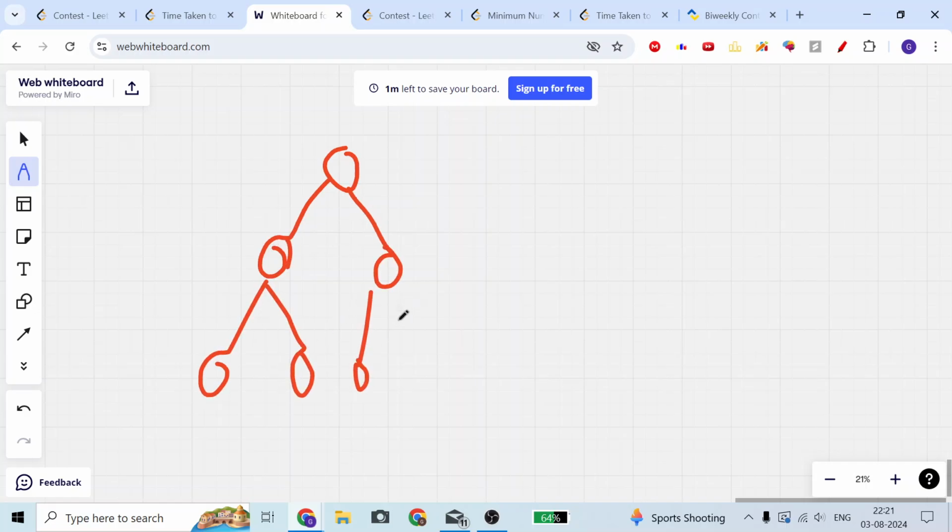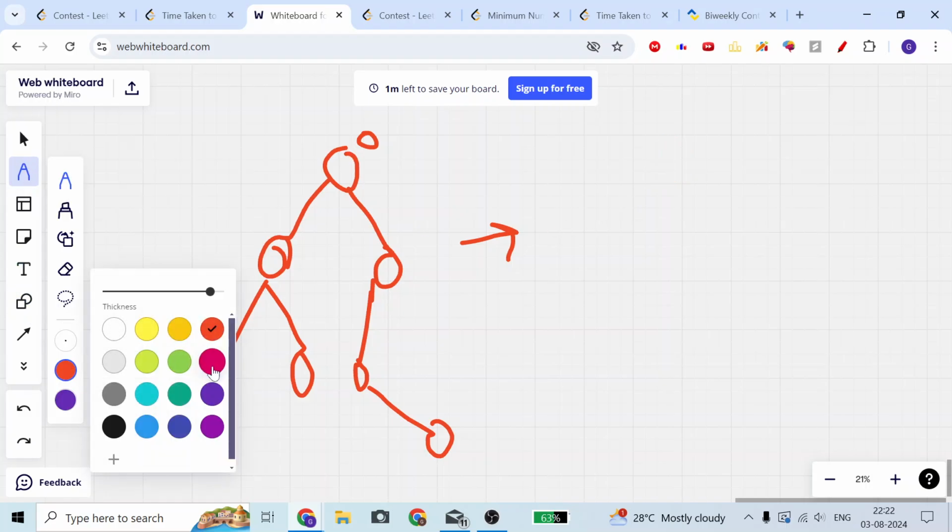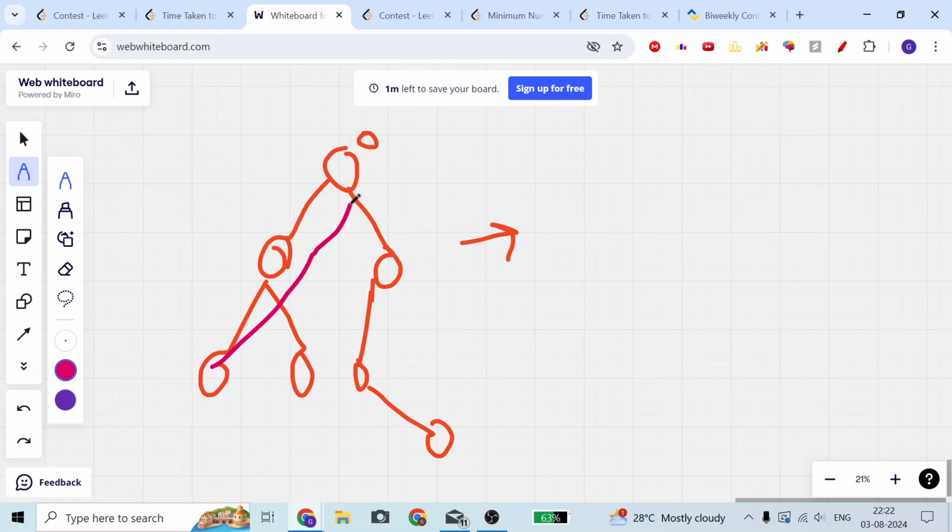Suppose this is my tree. Suppose this is my child 0. This is the tree given to me in the problem, with all the values. First of all, I will calculate the value of time I need if I am starting from node 0. Let me change the color. If I am starting from node 0,